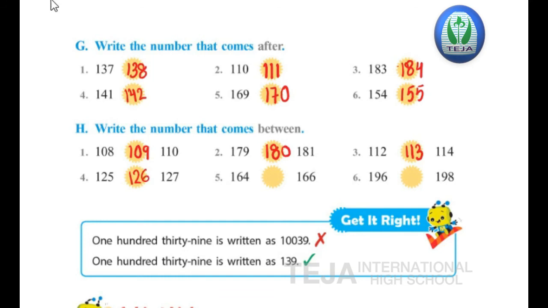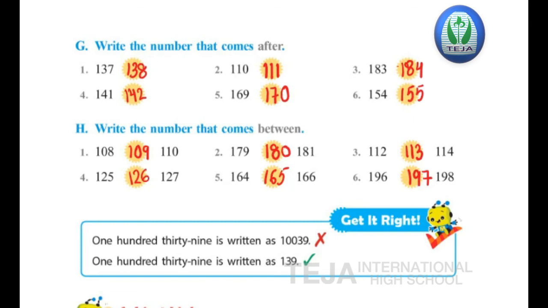Next, fifth question, 164. The number in between 164 and 166 is 165. And the last question, the number between 196 and 198 is, what is the number, children? 197. Okay, so with this we have completed the first exercise, and today your homework is to write exercise 1,